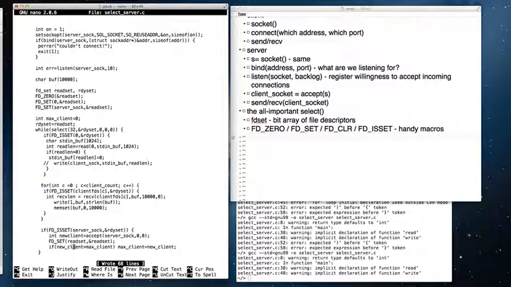All right, so now our read set not only keeps track for select, it keeps track for us as well of which clients we are currently talking to. It's just a bit array, so these FD set functions are handy for us as well. Okay, so now we want to see, we can just go like this. So if client C